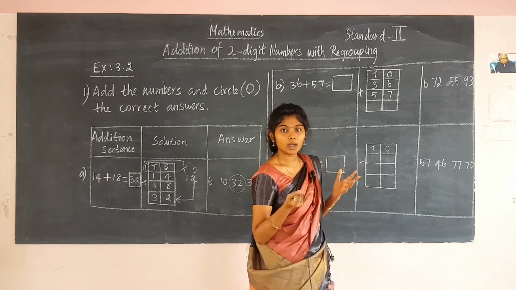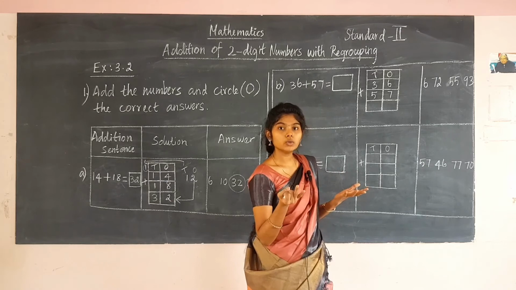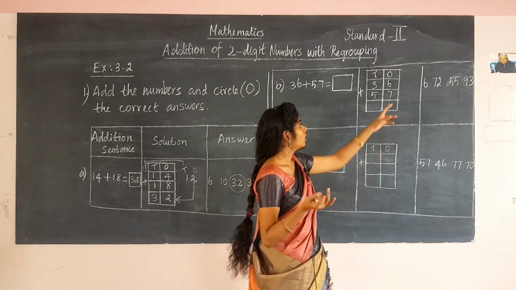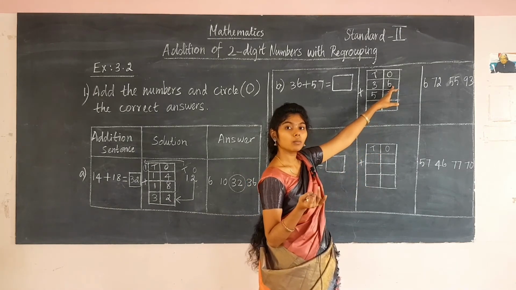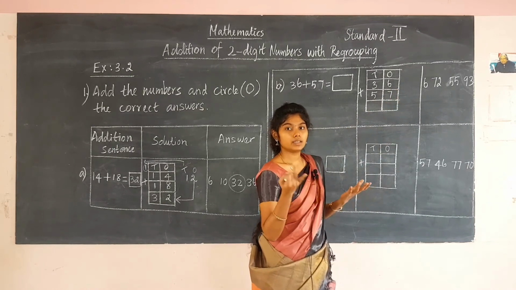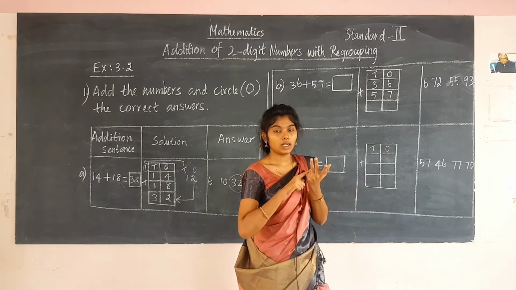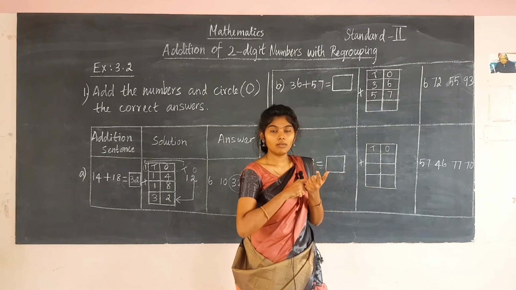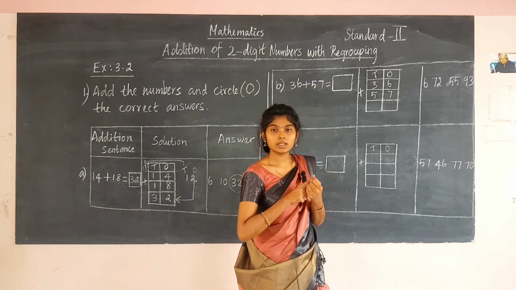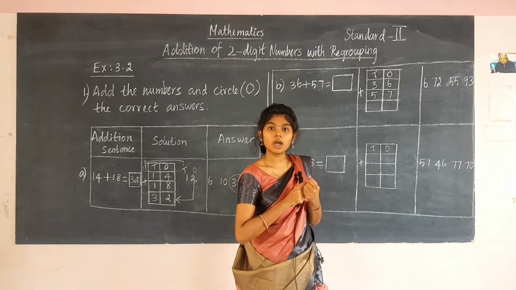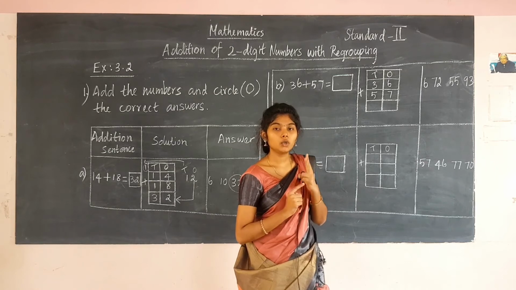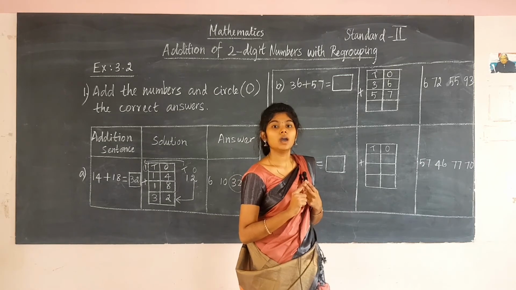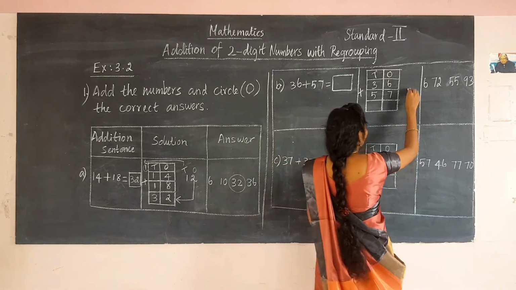Say after that number 6 and you are going to fold the fingers. After 6 you have to say the number. What's the number next to 6? It is 7, 8, 9, 10, 11, 12, 13. It's a 2-digit number. What number have you got? 13. It's a 2-digit number. You have to write it outside. Write the number 13 outside.